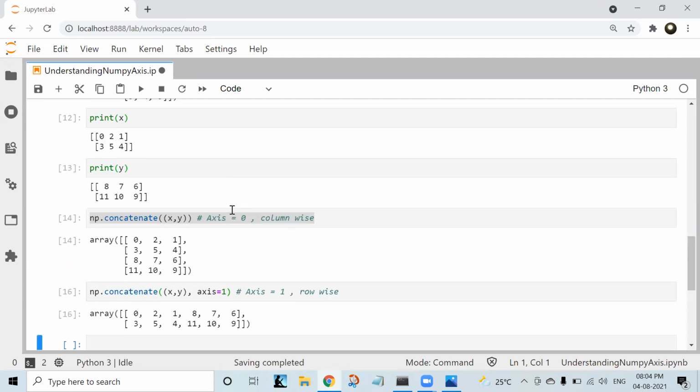Now you see a different result, it will concatenate row wise.